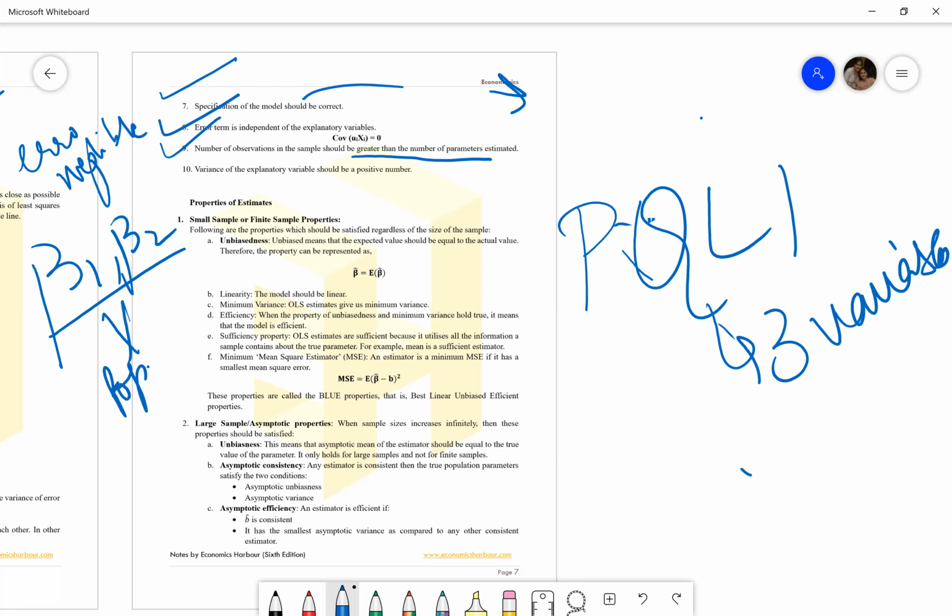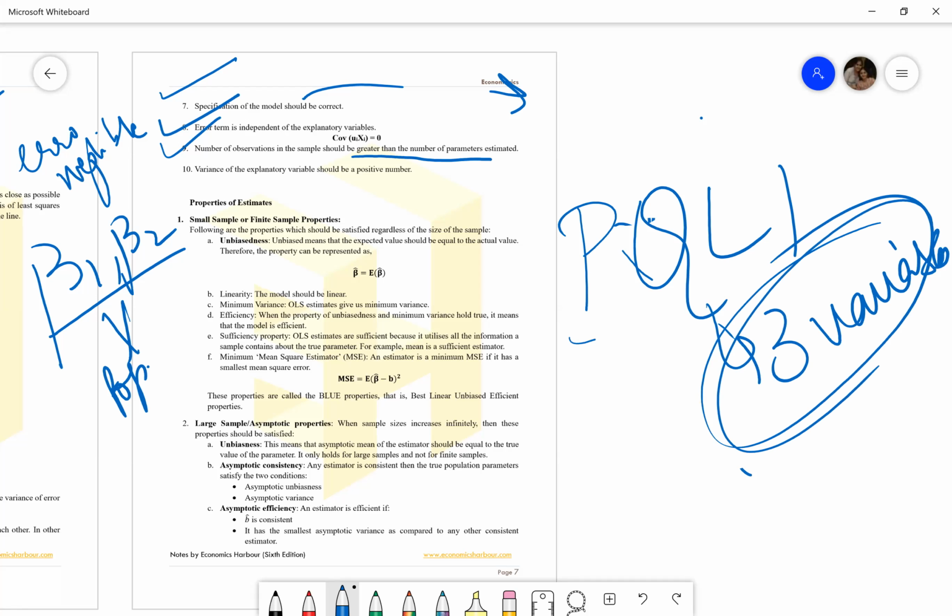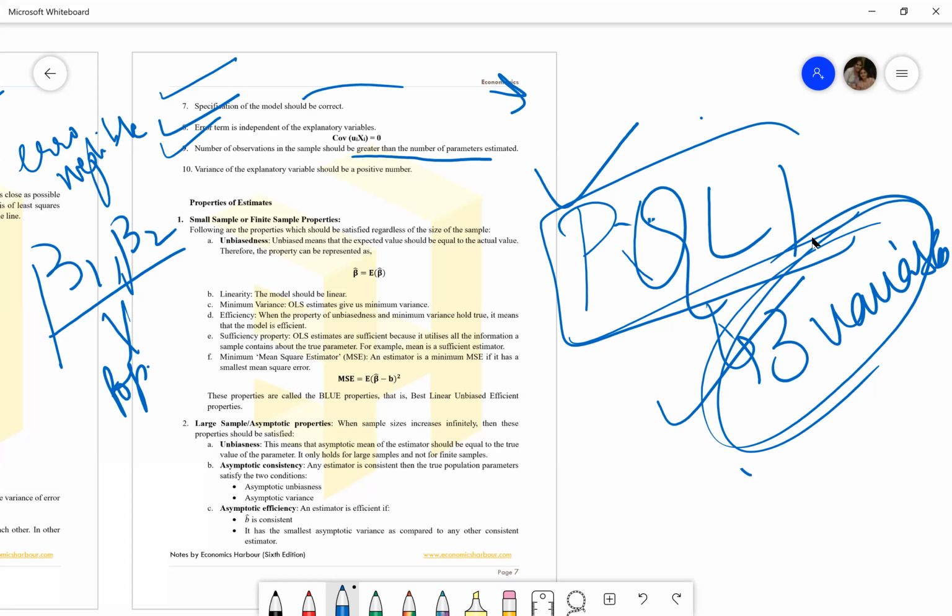So the number of observations to test or to calculate the PQLI index should be at least greater than 3. So at least to identify or analyze or calculate the value of your PQLI,